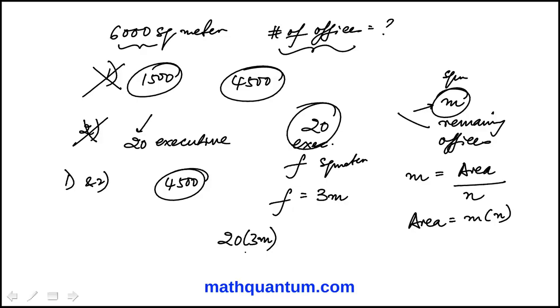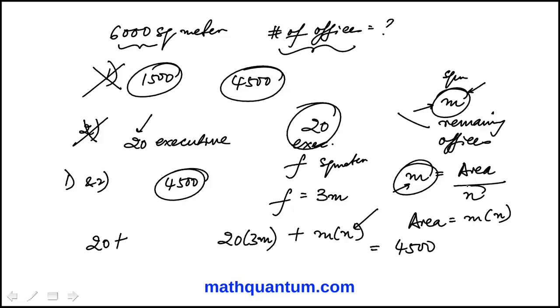I'm trying to write everything in terms of this average square meters that these other offices have, plus M times N. What I don't know is the number of these other offices, and that's equal to 4,500. And I can't really solve for that, because the total number of offices in the building would be 20 plus this N, which I can't solve because I still have another variable M. So combined, still insufficient. The answer is